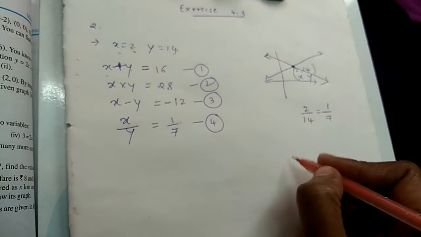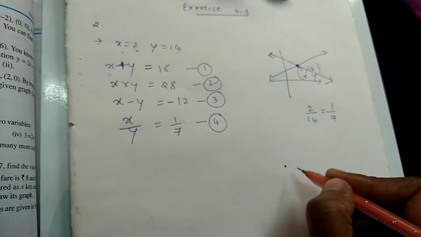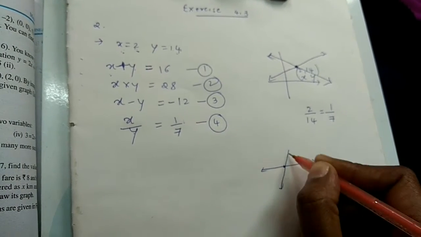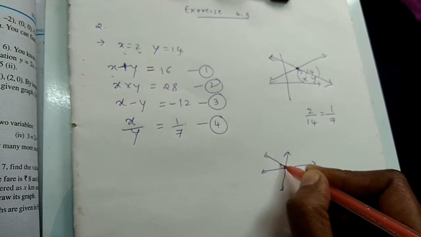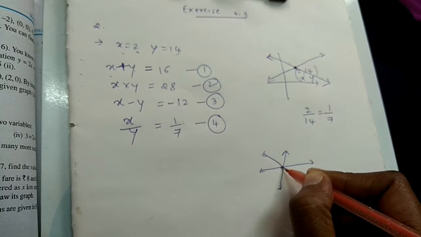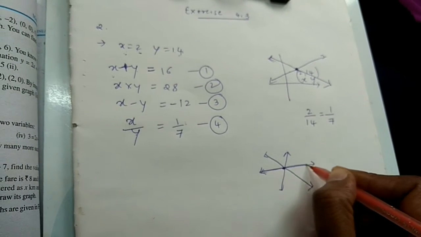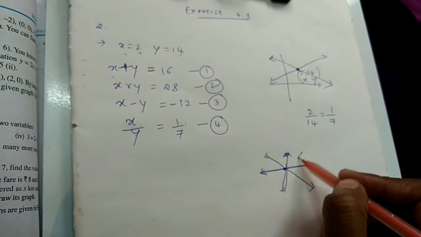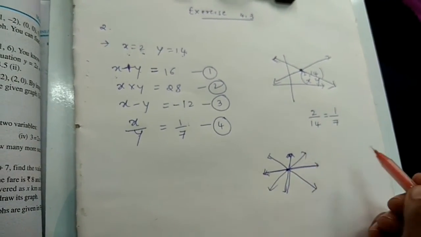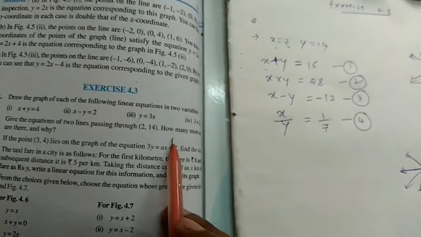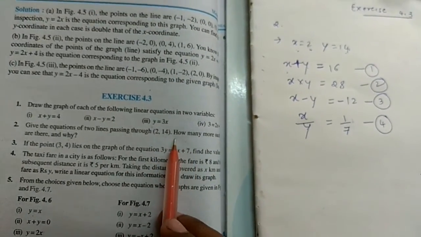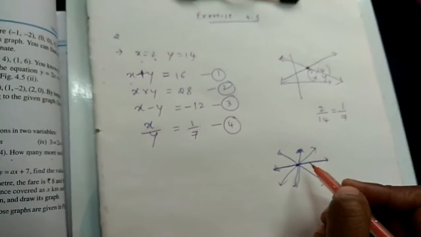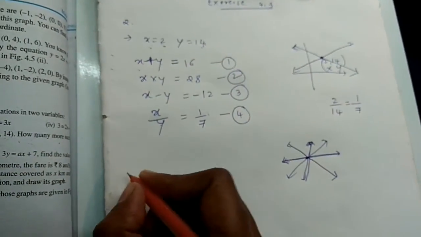Because we know that through one given point, we can pass many lines, that is, infinite lines. For each line, the point (2, 14) will be common to all these lines. So we can form many equations. That is the answer to the second statement: how many more such lines are there and why? Because there can be infinitely many lines. So your answer should be: